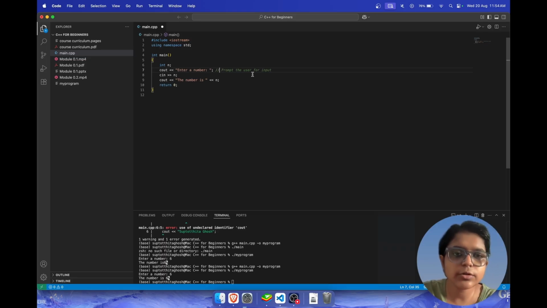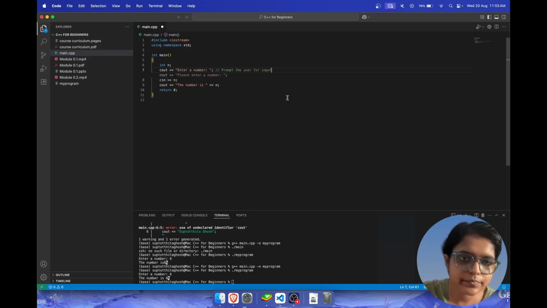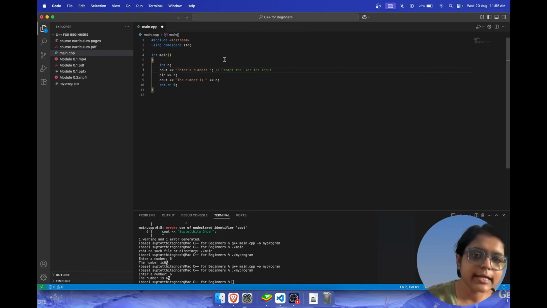In this case, we already have a predictive text here, so I'll just give it a go. Beside this line, I'm explaining why I'm using cout here. Basically, this is a prompt for the user to give the computer the input.